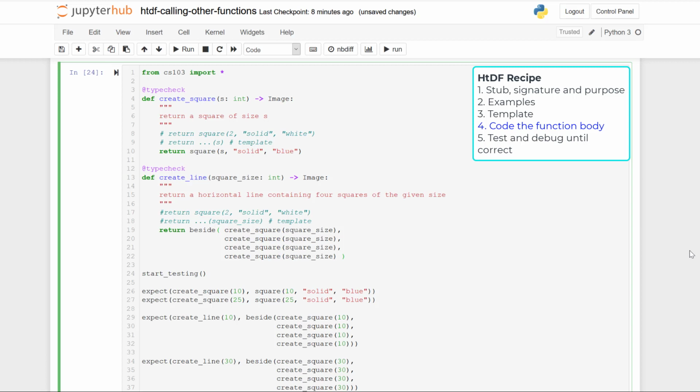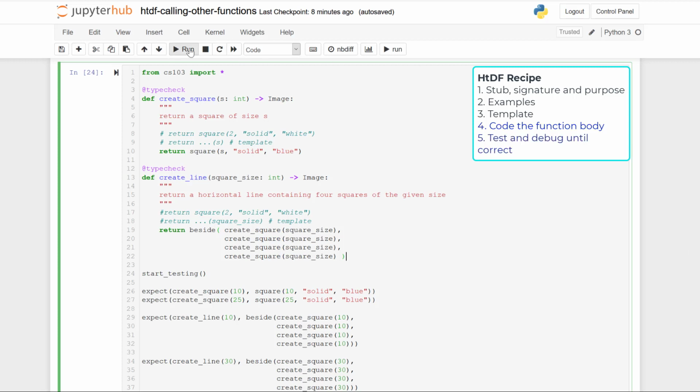So in this example, I wanted you to see that we can call a function, in this case create square, that we designed from another function design. In some sense, this is not very different than calling square as we did on line 10. We did not write the square function, but somebody wrote the square function. So in the CS103 library, there is a definition for the square function, and we called it from within create square. Create line shows us that we can also call functions that we've designed within future designs.